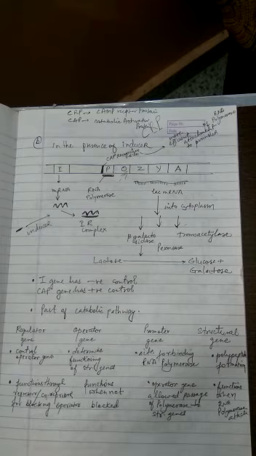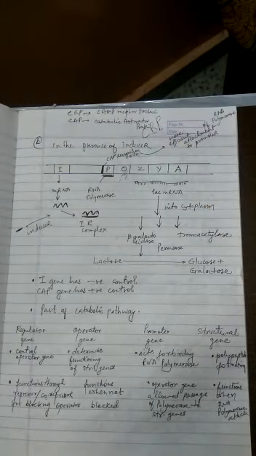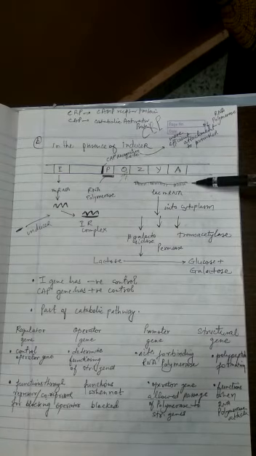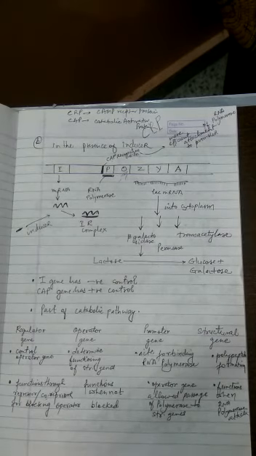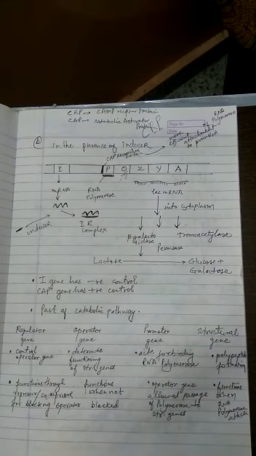As soon as the operator is made free, RNA polymerase enzyme will come and attach with the promoter with the help of the CAP site, also called the CRP site, and now it will start reading the whole set of structural genes. The mRNA formed is called the lac mRNA. In the last class I finished with this word, that it's a polycistronic mRNA, because from the same mRNA more than one polypeptide or enzyme is getting formed. Now this will cause the lactose to be digested into glucose and galactose.